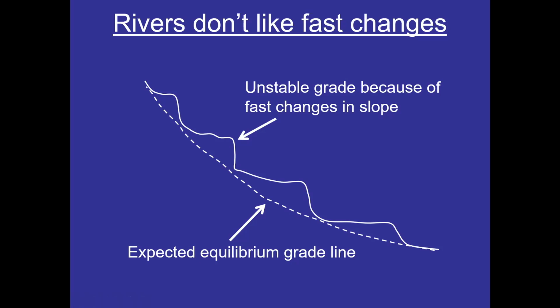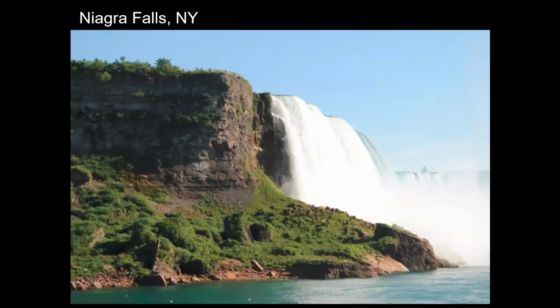Now, that doesn't mean we don't see sharp drops on rivers. Niagara Falls is a good example of that. Perfectly natural, but what you don't appreciate is the river is slowly trying to eliminate that change, very, very slowly. In the case of the bedrock Niagara Falls, it's hard to appreciate that change in the span of our lifetimes, but over thousands of years, the river is slowly moving to eliminate that waterfall.